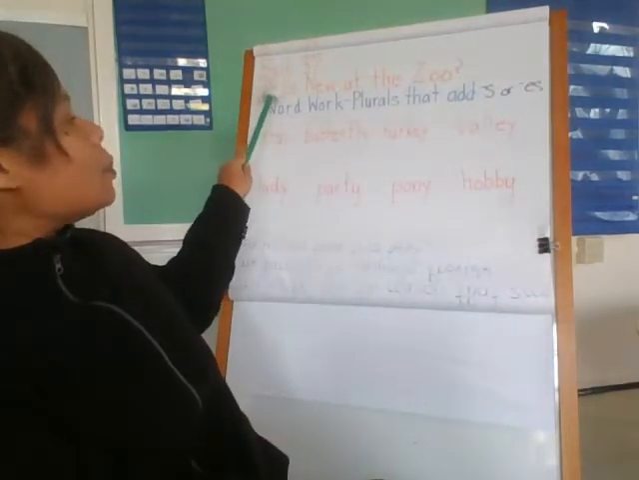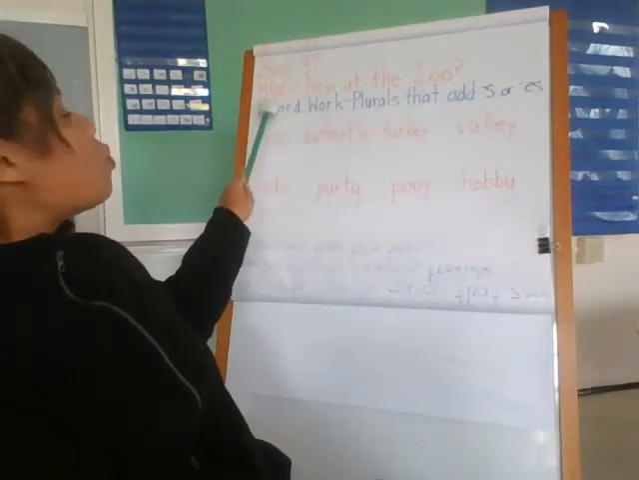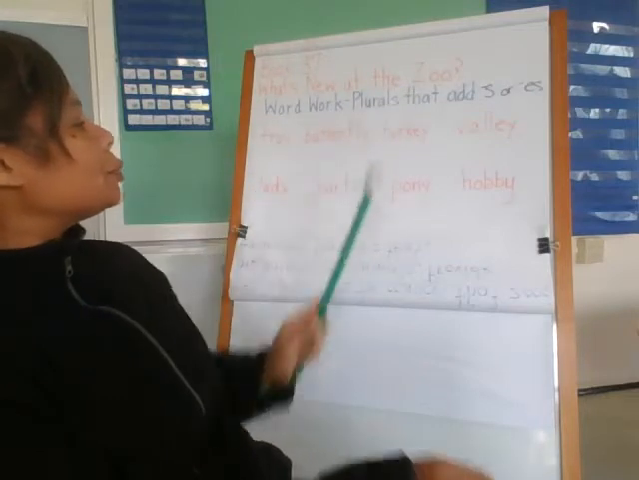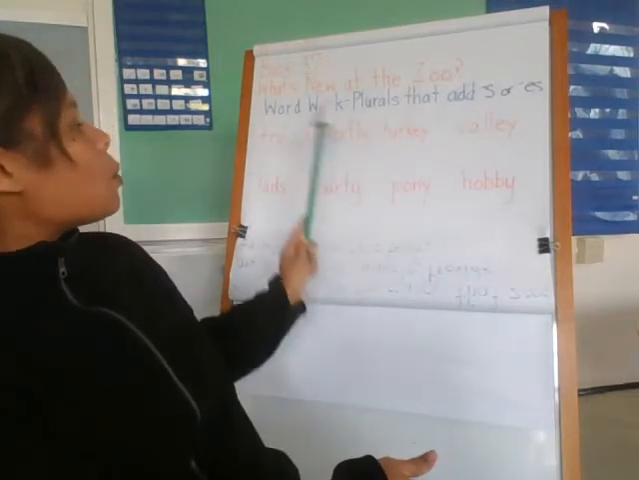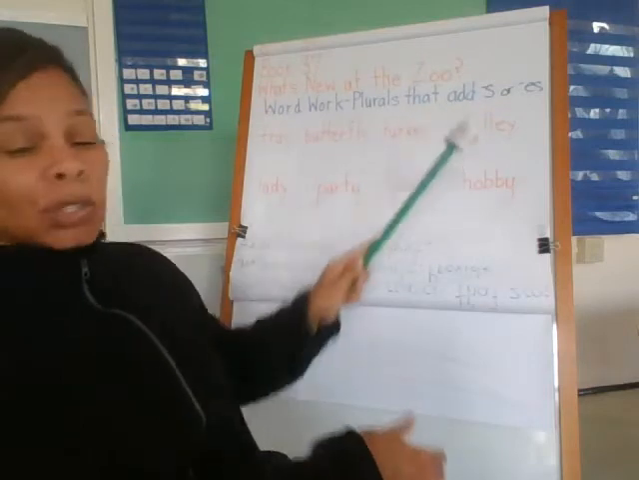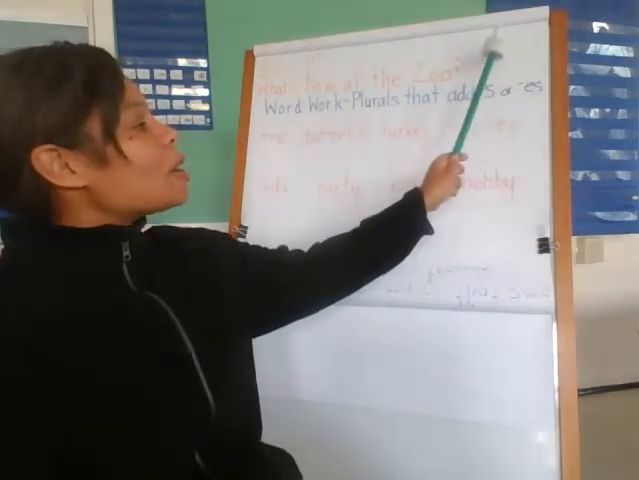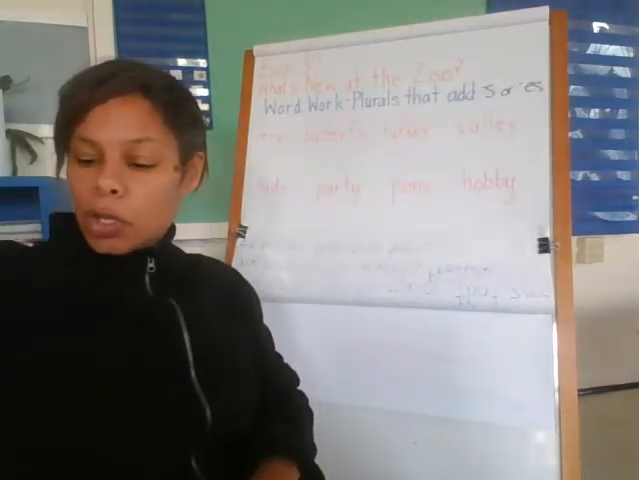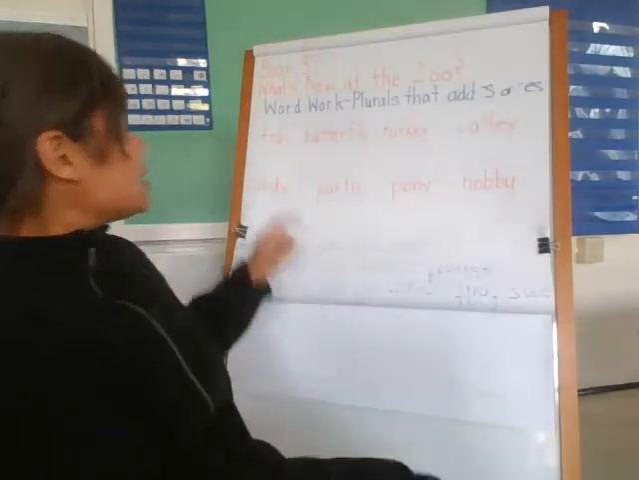Left-hand side, book 37. What's New at the Zoo? We're going to be working on some word work today: plurals that add S or ES. Additionally, make sure you have today's date, whatever date that is for you. And then you can write these